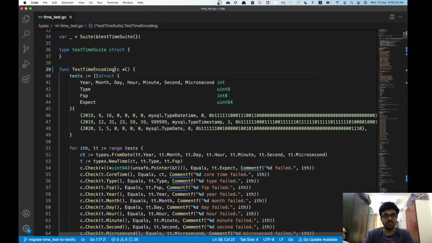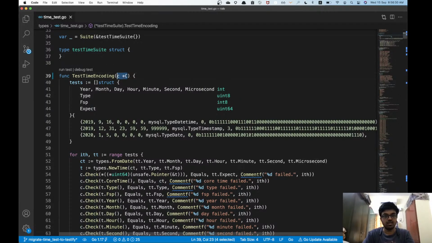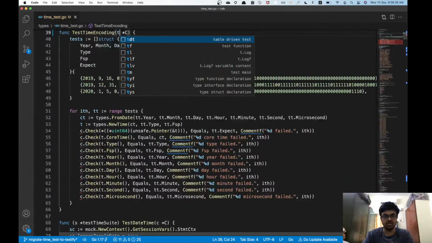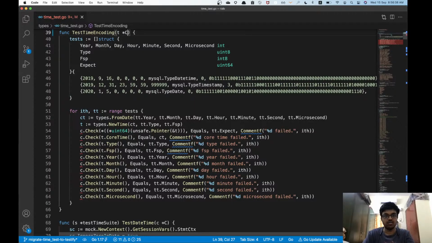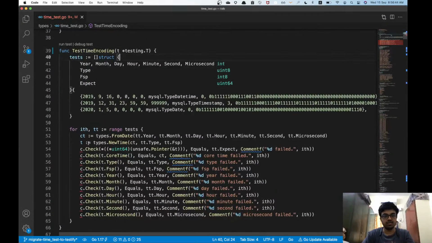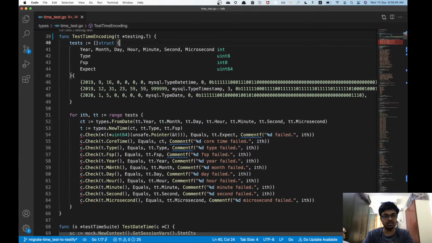Let's go ahead and get like this. And this is testing. There's no T over there. So testing.t and cool. So there are a lot of errors over here. So this is check.